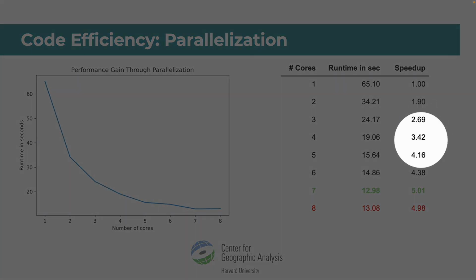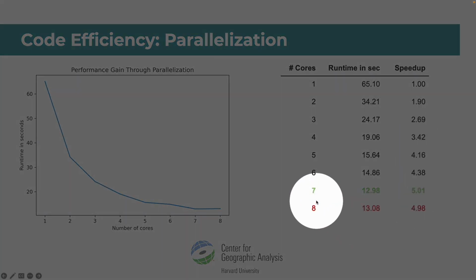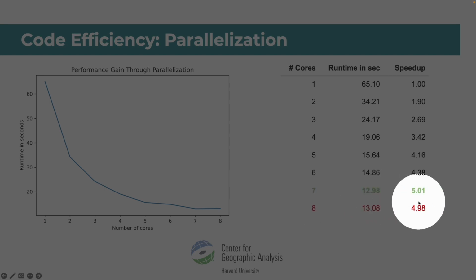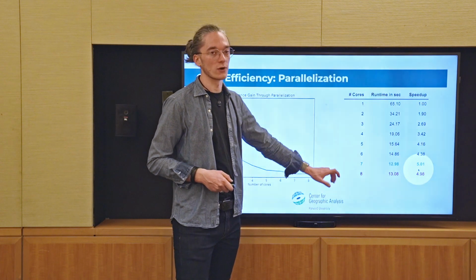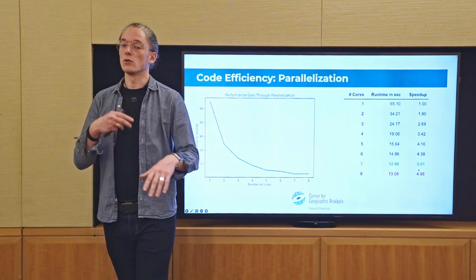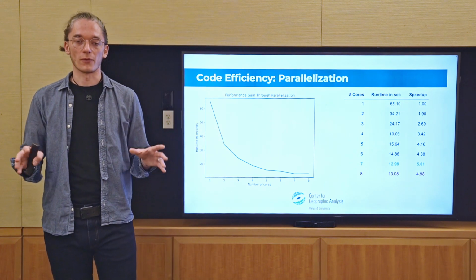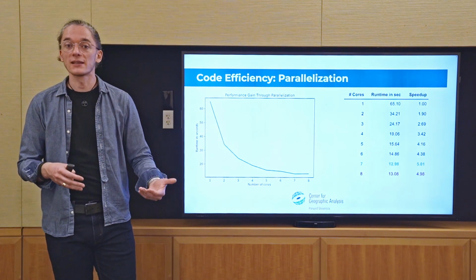We probably want a little bit of overhead of one core, or a little bit of computing performance left for the system to orchestrate everything. Because here, if I really max out everything and use 8 processes simultaneously, then I don't have a single core left to do the administrative work to stitch all these things together. And what I see here is that I get a performance decrease. So I get the very best performance if I actually use 7 cores and 1 core is still left to maintain the rest of the program running,